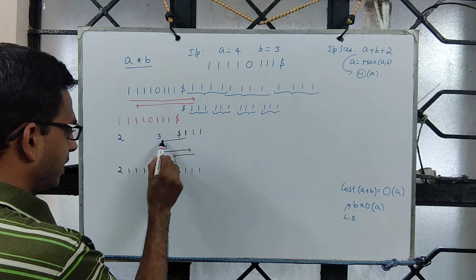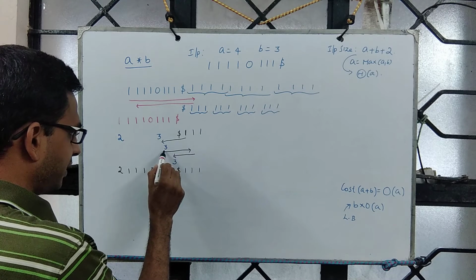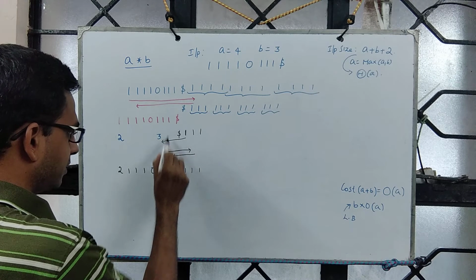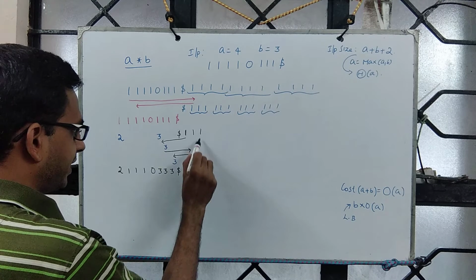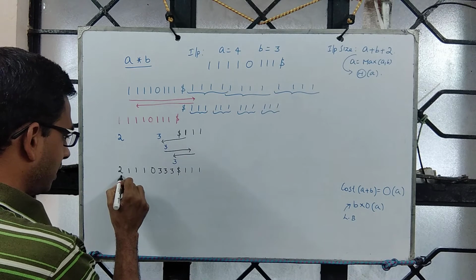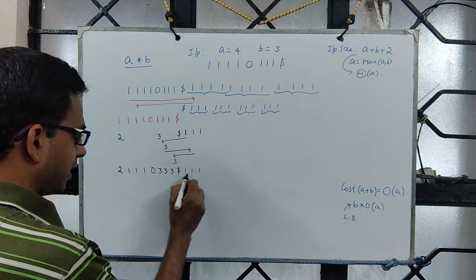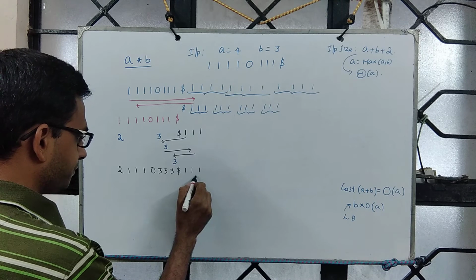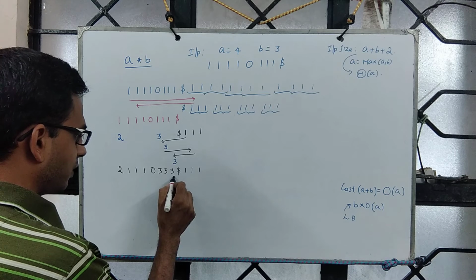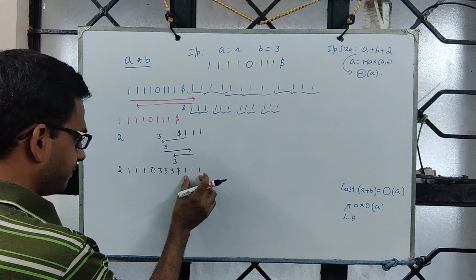Come back, then you see there is 1 over here, change it to 3, go right and write 1 for this, come back, change the third 1 to 3, go and write the third one. Now at this point in time, you see that you have changed all of them to 333, correspondingly it is copied. Now when you come back, you see that there are no more ones in B, which means all of B is copied once.